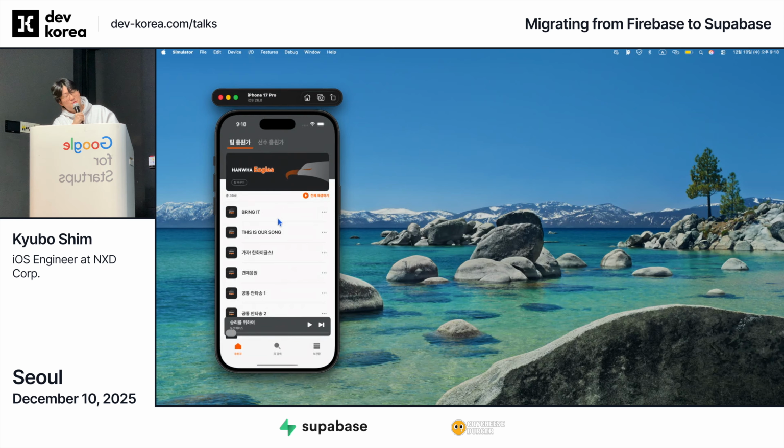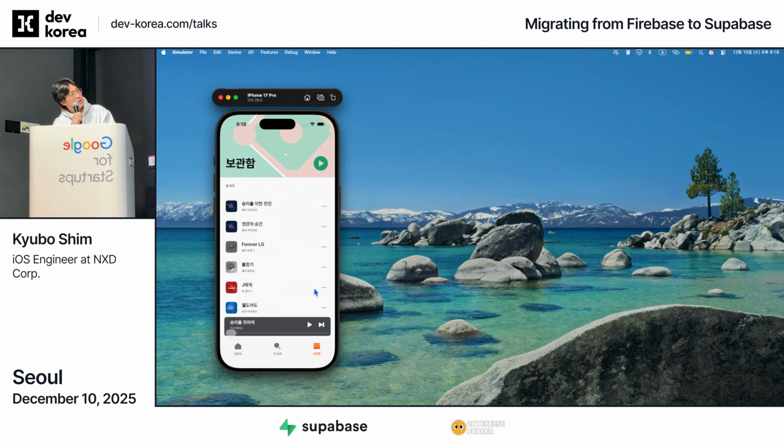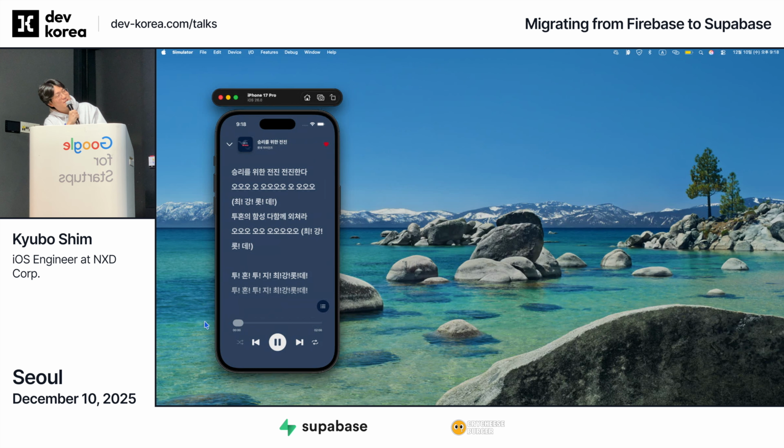Oh, this is our app. If you want to listen to shared songs, you can just put them in. I mostly used my app when I was working, so there's my playlist nearby. As you can see, just press play and you can listen to the songs. It's mostly lo-fi music for me when I'm coding or working or playing games.